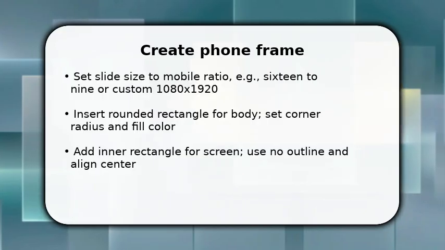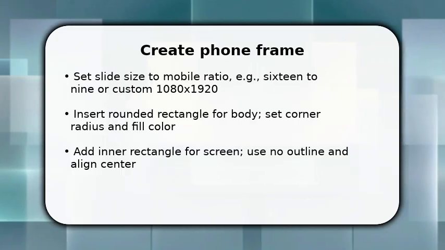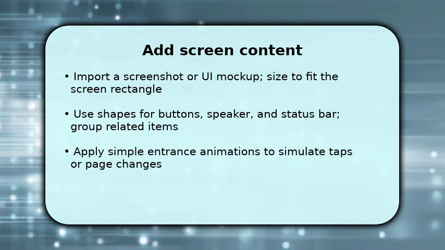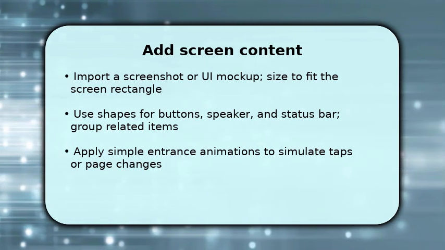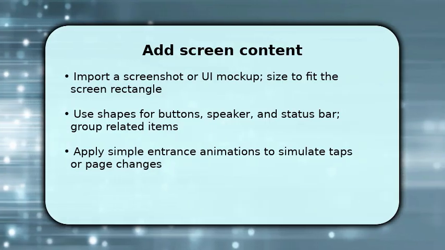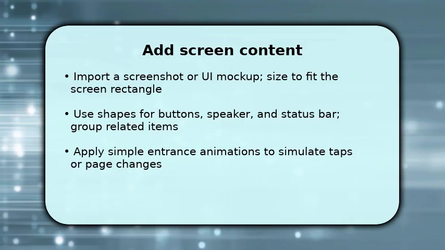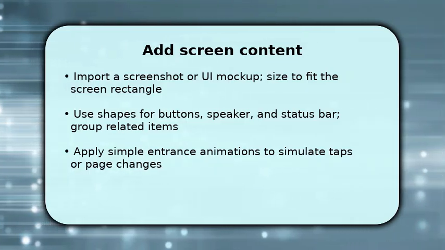You'll use this frame as a mask for screenshots and mock-ups, so keep proportions consistent and use guides for exact alignment. Now populate the screen so the phone looks real and interactive. Insert a screenshot or mock-up and crop, or mask it inside the screen rectangle. Align edges precisely. Next, build UI elements like a speaker slit, home button, and status bar using small shapes, and